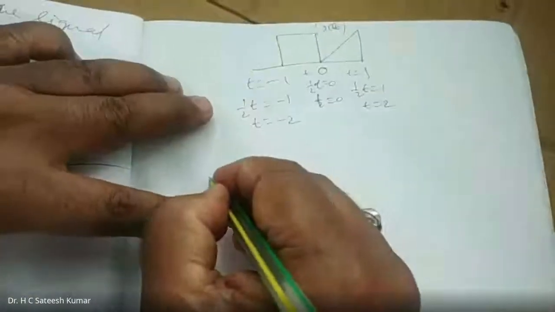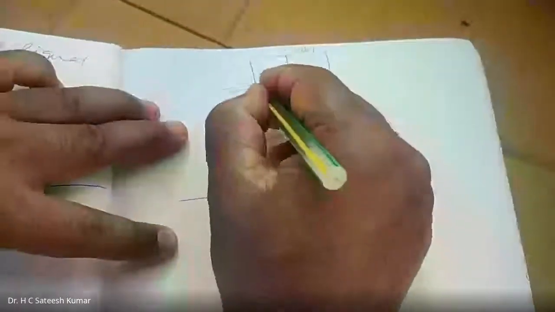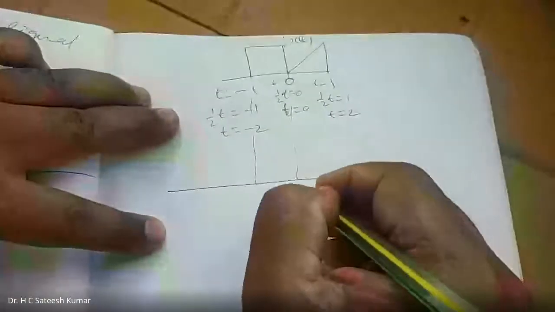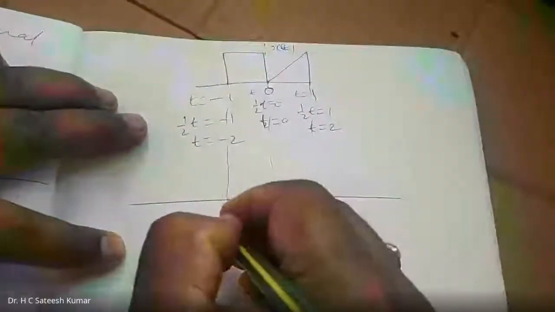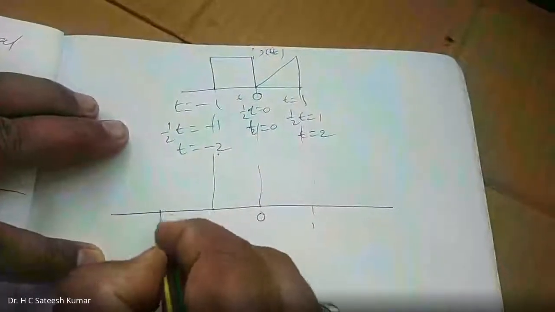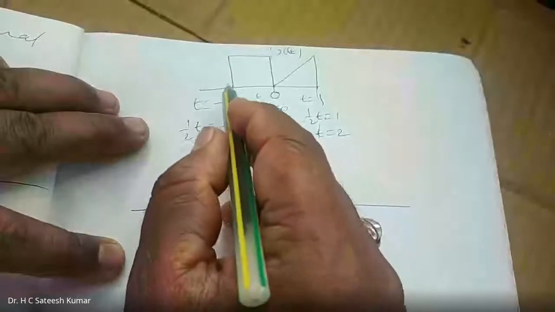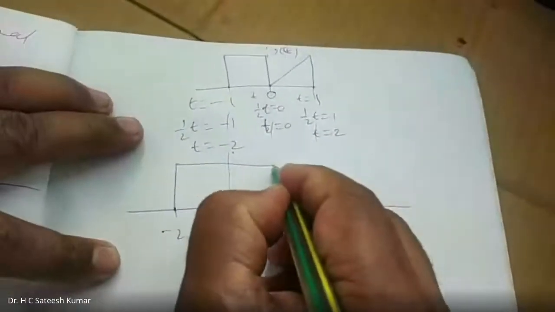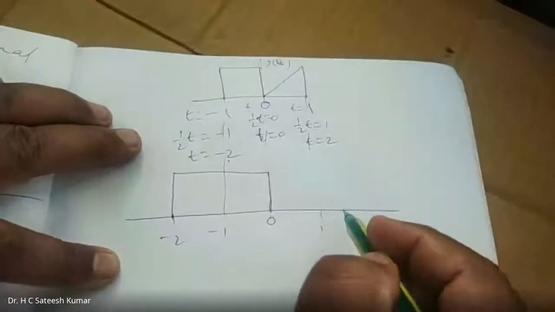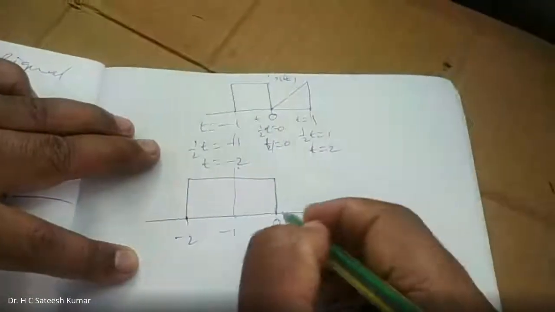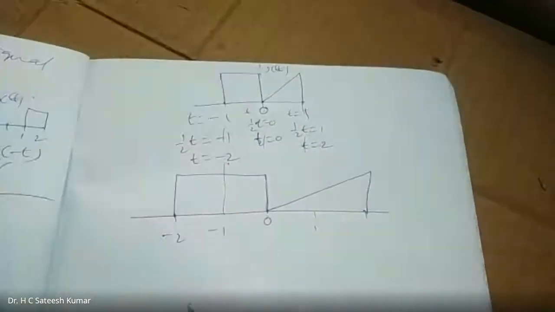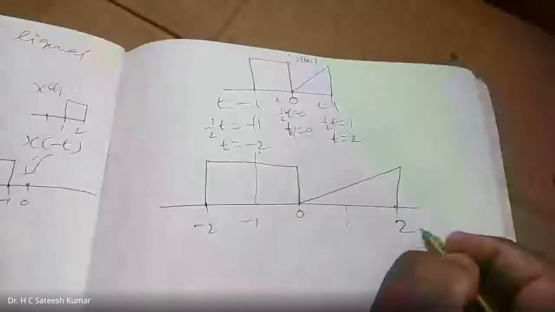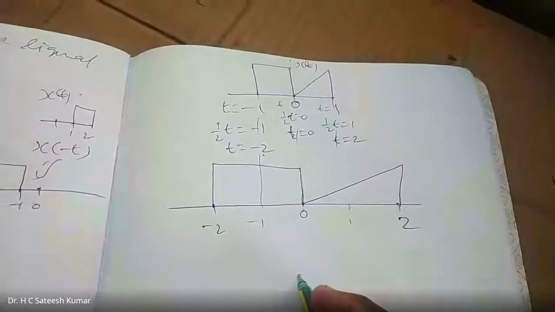So what can you understand from this? This is your 0, 1, minus 1, but this is going to minus 2. So minus 1 will go to minus 2, 0 will be at 0, and 1 will be at 2. So what has happened? It is expansion by 2 units. Whenever there is a scaling factor, when will it expand and when will it compress?